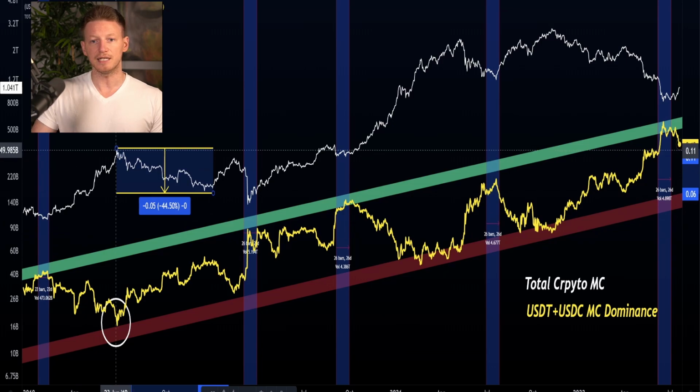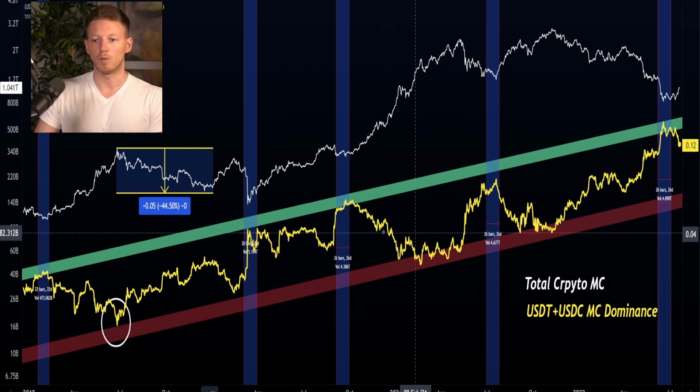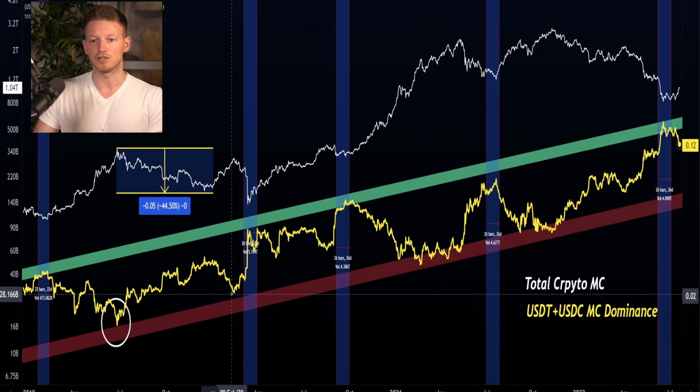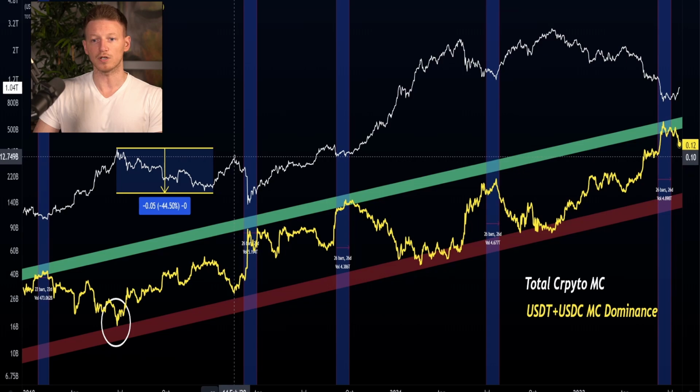And so we've seen a big market correction in each instance. So you see we had a 45% correction, and that's not including the COVID capitulation event. And then when are other times where we've hit this lower end of the band? Well, right before COVID, we hit this band, and then we dropped around 50%.